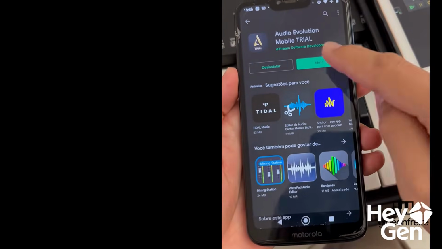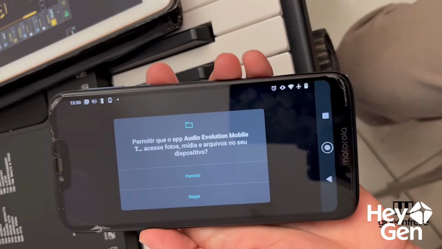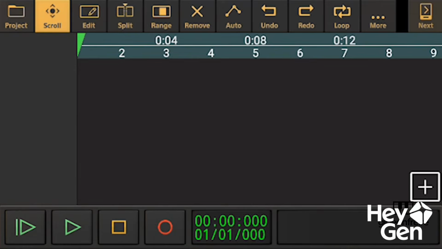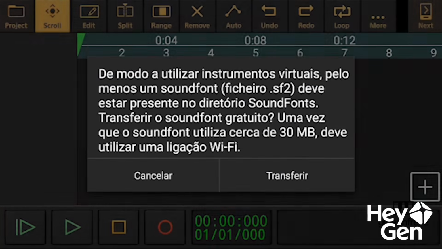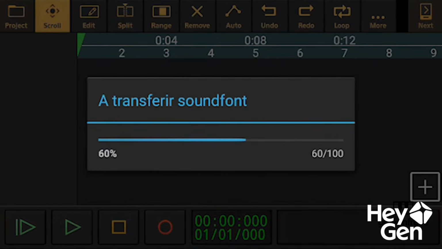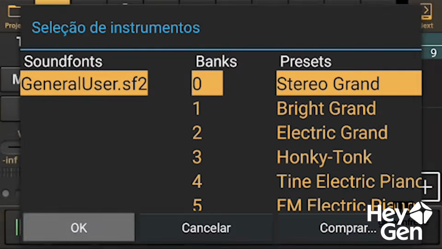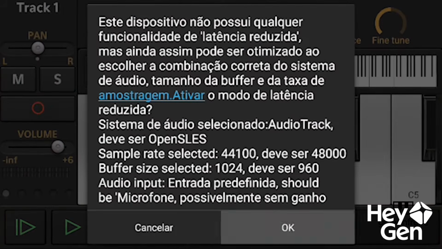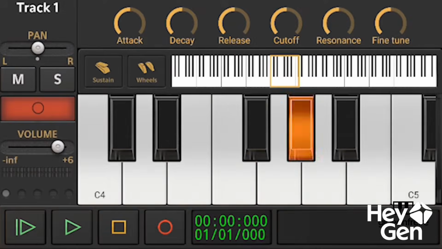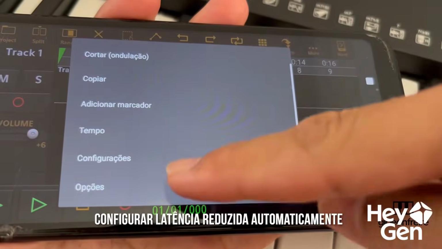After installing, open the app and tap Allow on the messages that appear. Then tap the More button in the bottom right corner of the screen. Next, tap Add MIDI Instrument. And on Download to get the app's free sounds. Tap the On button to activate the track. Note that it will turn red once activated. The sound of the added instrument will play.